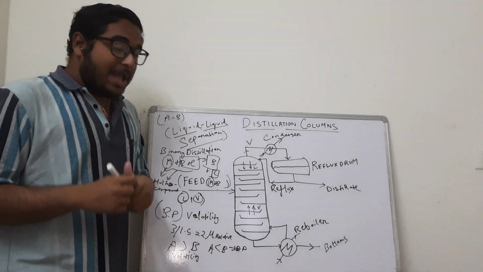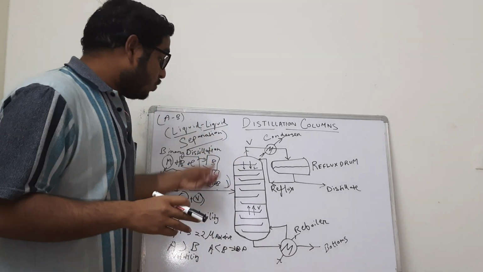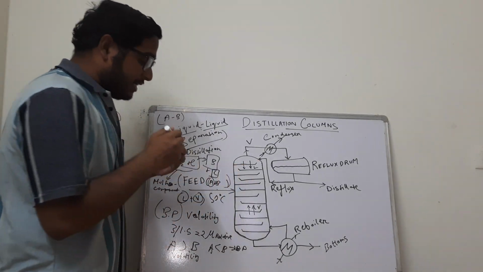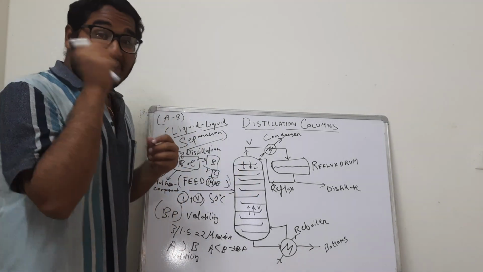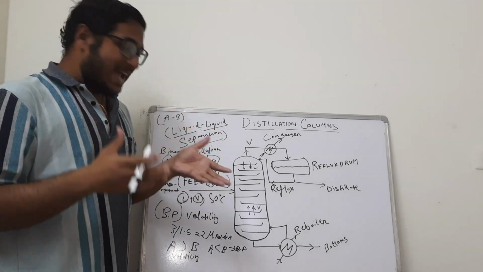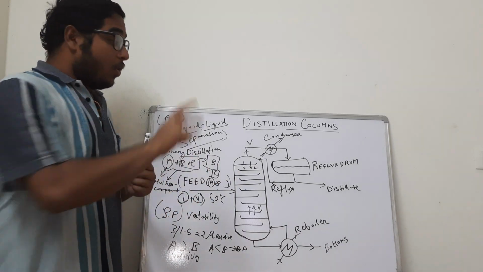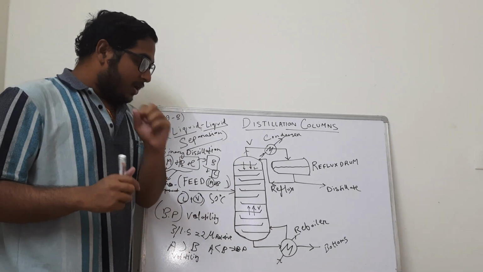First of all, as soon as the feed is entered, let us understand this very carefully, my friends. As soon as the feed is entered at a particular temperature, say 50 degrees Celsius, as soon as it enters the chamber, it attains the temperature, it comes in contact with the liquid and the vapor of that particular plate in which the feed is fed. Now, this is also governed by the design of the distillation column, that where do we exactly need to inject the feed such that we obtain this much quantity of vapor at this concentration and this much quantity of liquid